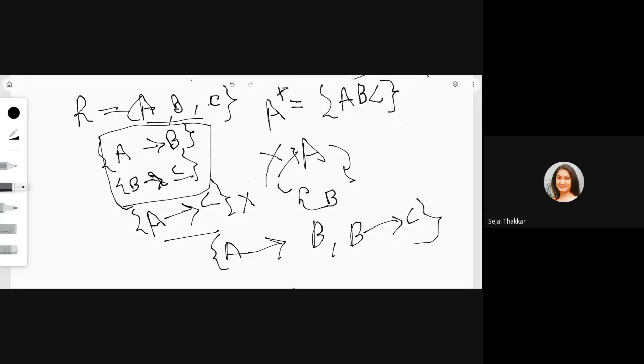It is an easy check. Whenever you get some extra attribute, you have to remove it. So three things you have to remember. The first thing is the right hand side should have singleton attributes. If it is not, then you have to try to get it. The second thing is no extra attribute on the left hand side. The third thing is there are no redundant FDs. It means there are no transitive FDs. Only these three things you have to remember, and you can easily find out the canonical cover.